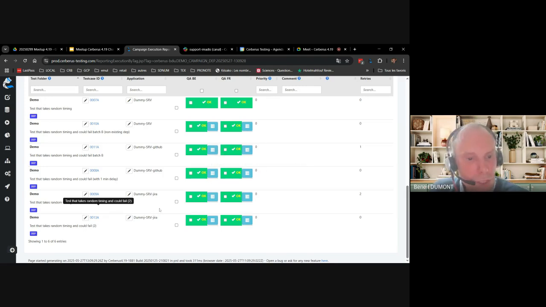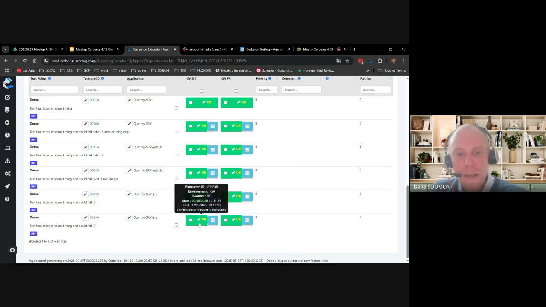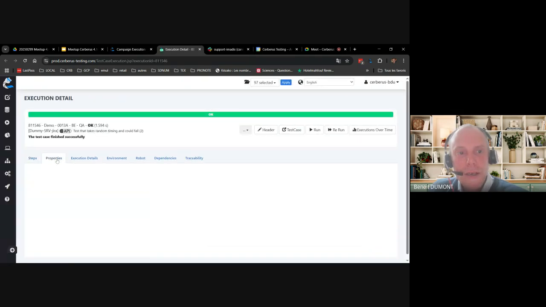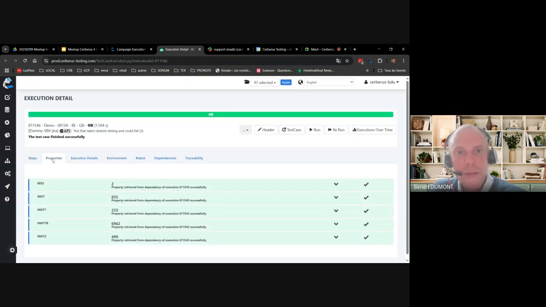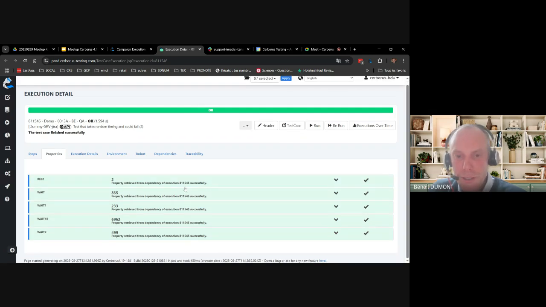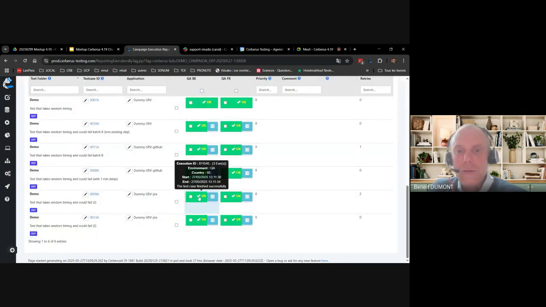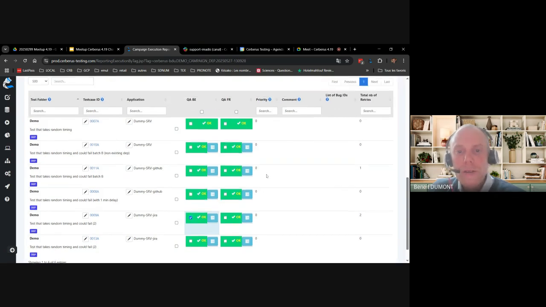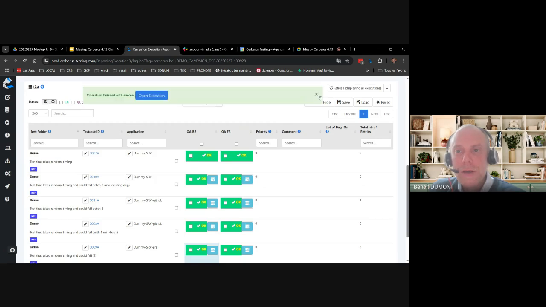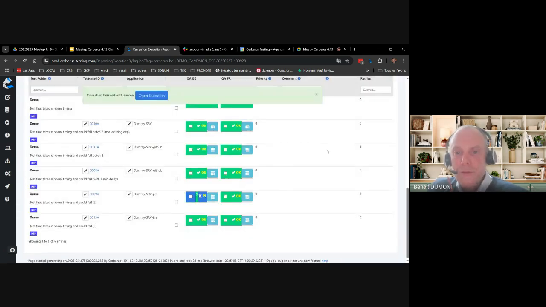In terms of rerun, which is the last use case that I wanted to illustrate. So if I take that execution here, the last one that has been submitted, if I check inside the detail and I check the properties that it has inherited, it is the property that is coming from the execution 45 here. That corresponds to that execution. We see here that it's the execution 45. So if I resubmit that execution and only that one, so we'll wait. It has submitted a new execution ID that is 49.